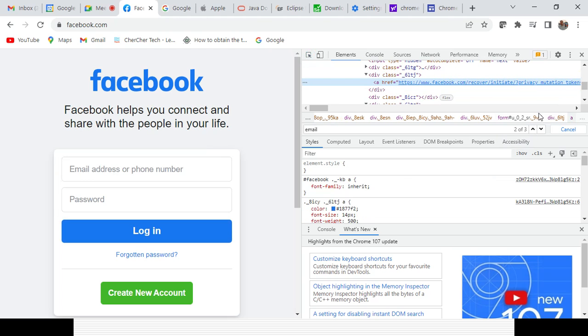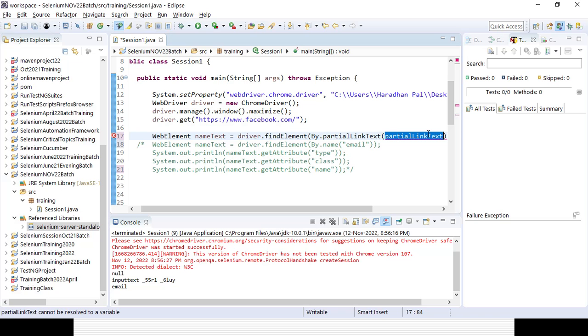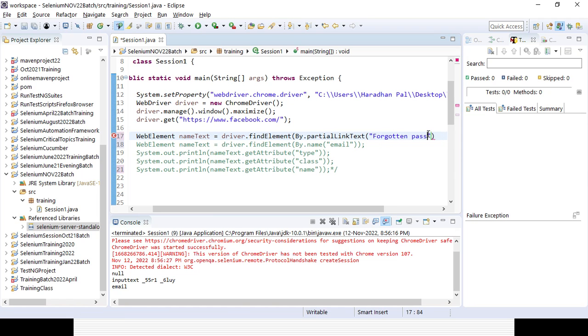I can simply ignore the other part, and that part I can give. So here you can rename it forgotten link, right? Next I want to check whether it is displayed.